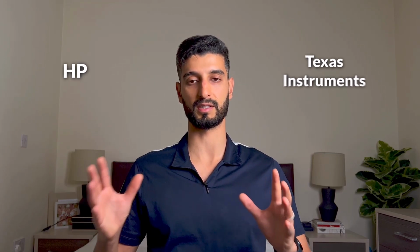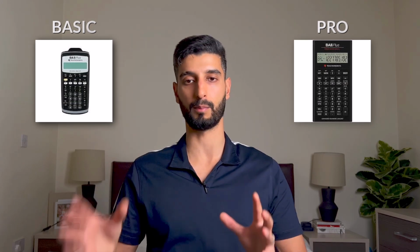There's only a couple of brands that you can use, and that is the HP and the Texas Instruments one. I don't know a lot about HP, but I use the Texas one, and that's what most people use, and the model is the BA2 Plus, and there is a basic and a pro version. Now, there's not a huge difference between the two. The main one is the build quality. I actually ended up buying the Pro because the buttons are sturdier and they actually register when you press them, whereas with the basic one I found that sometimes I'd press it at speed and it wouldn't recognize it, and when you're doing calculations at speed in the exam,